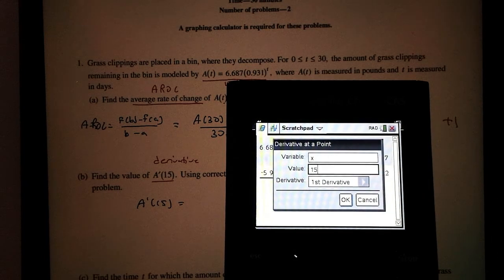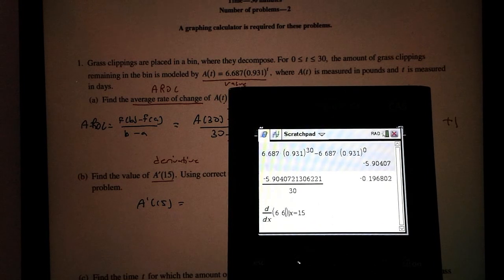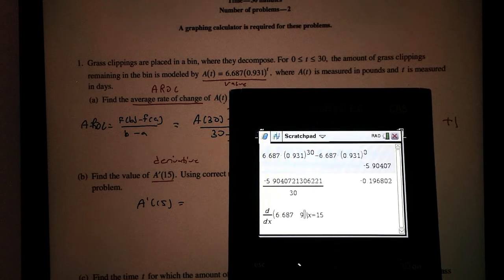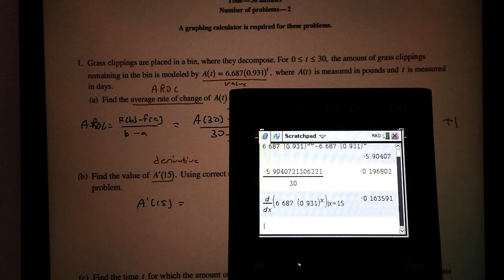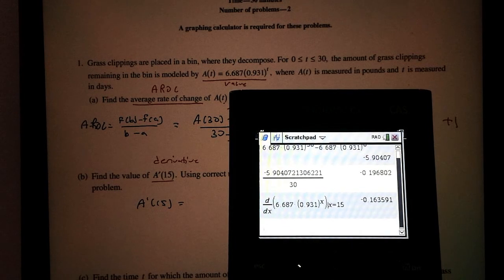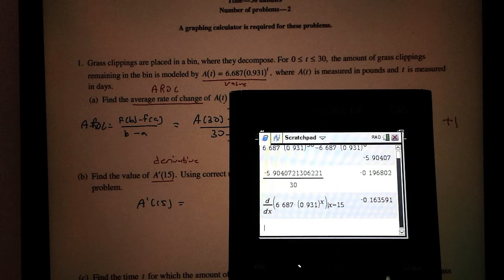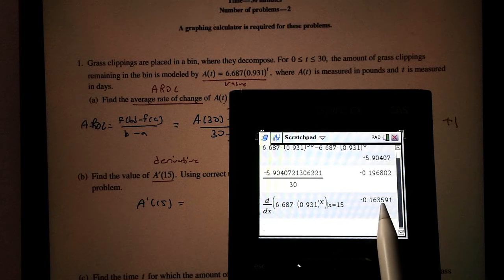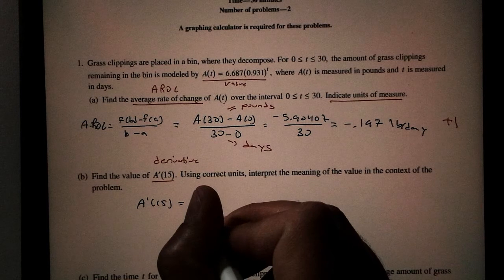Looking for the first derivative, press Enter, and I can just type in the equation, 6.687 times 0.931 caret X. Now they use T, but I'm going to use X, and that's okay to do. Press Enter, and we get this negative 0.164. Now again, I'm going to go negative 1.164. The AP would have accepted a 1.63. So this becomes negative